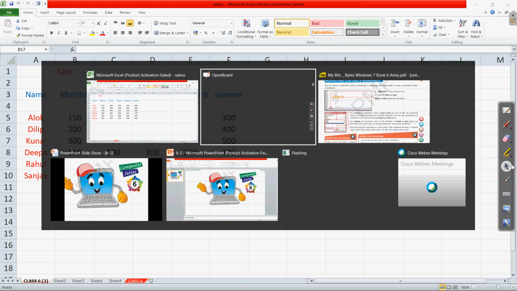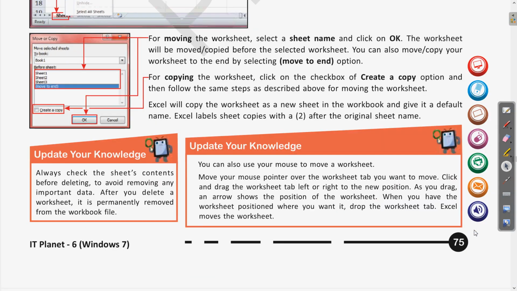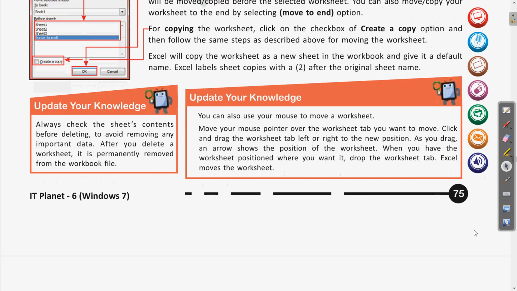Now let us come again and read this Update Your Knowledge as well. Always check the sheet contents before deleting to avoid removing any important data. We have seen that when we are deleting any of these worksheets, before clicking on the delete button, it should be ensured that there is no important data in that sheet.